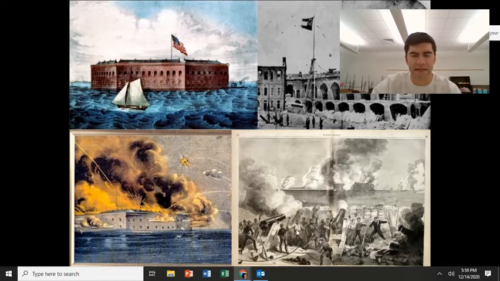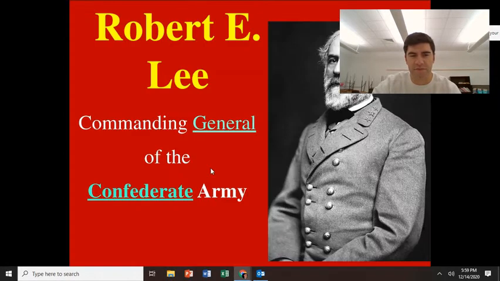So like I was saying last week, the Confederates organize their bombardment of Fort Sumter from all sides until the Union surrenders. And Robert E. Lee is going to be named the Confederate general during the Civil War. He is first going to be asked by President Abraham Lincoln to be the leading commander of the Union Army because he's widely considered the best general in America